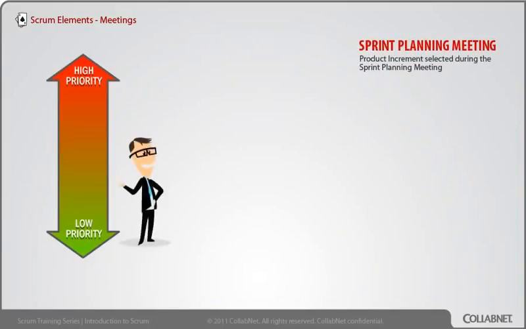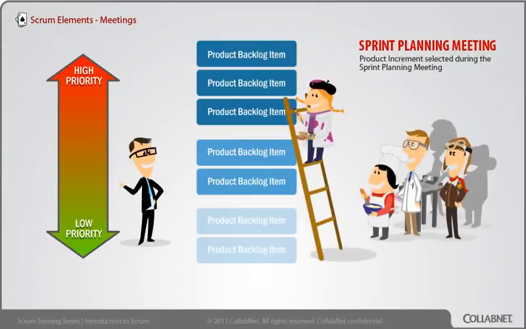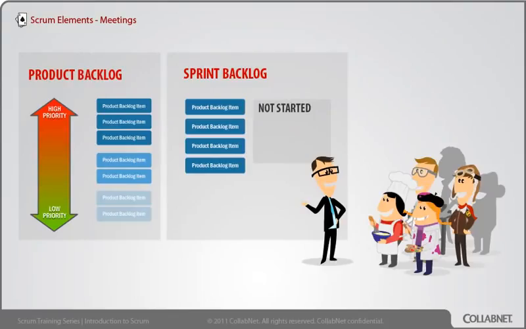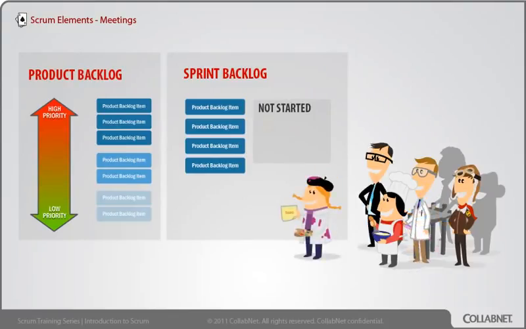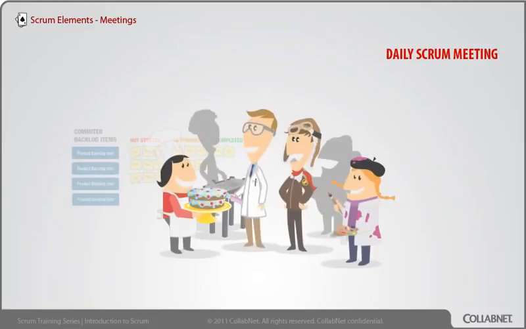At the sprint planning meeting, the team and product owner negotiate which items will be committed to the sprint. The team pulls the top priority items from the product backlog, commits them to the sprint backlog, breaks them into smaller tasks typically, and decides whether it's the right amount of work for them to do and if they're clear about what they're going to do. They plan one sprint. During sprint execution, the team meets once per day for a 15-minute stand-up or daily Scrum.